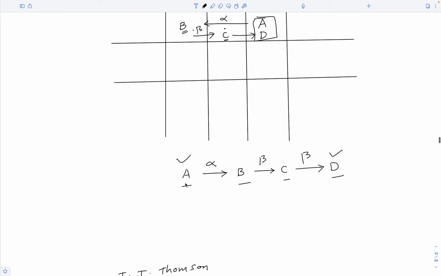But see, in this process, an alpha and two beta particles got emitted. So some mass got kicked out of the atoms. So obviously, atoms of A and atoms of D do not have the same mass. They do not have the same atomic weights. Atoms of D are lighter than atoms of A. And according to John Dalton, atoms of the same element have the same mass, atoms of different elements have different masses. So because A and D have different atomic weights,